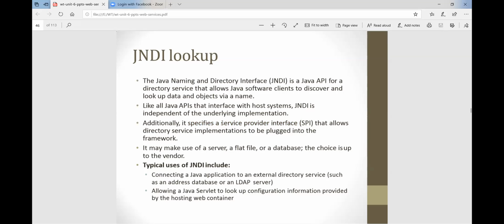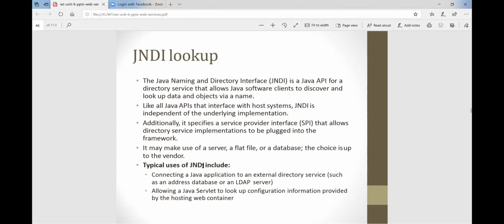We need to add the SPI packages, and after adding these packages, it allows directory services to be plugged into the framework. It may make use of a server, flat files, or a database. The choice is up to the vendors. Whatever the customer demands, it depends on the vendors, whether you work on a server, flat file, or database.